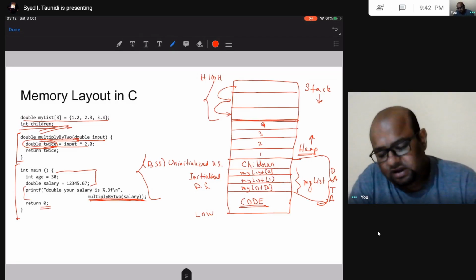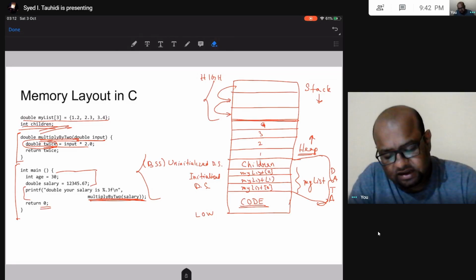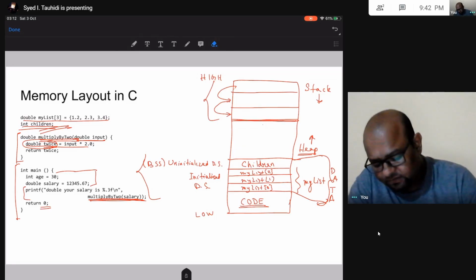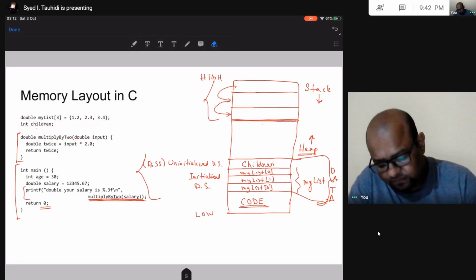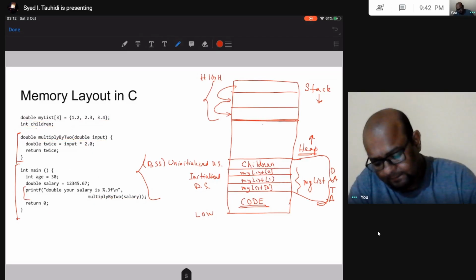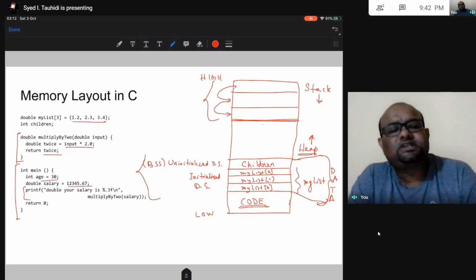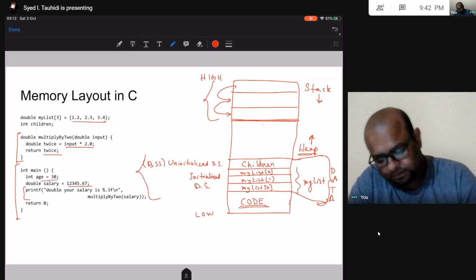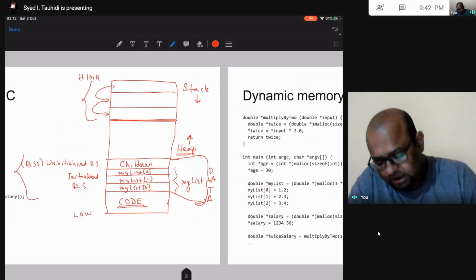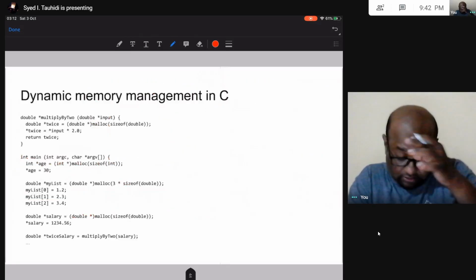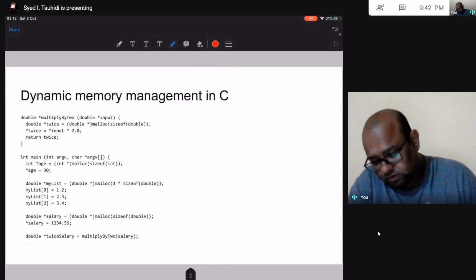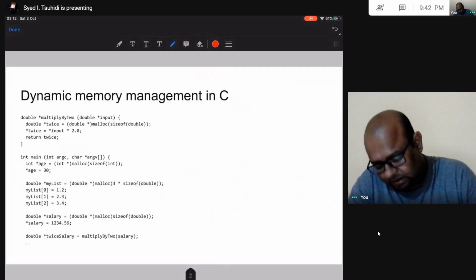Now let us go ahead and create this program itself. But instead of keeping all this data structure and all these things in stack, we are going to keep these things in heap. We are going to allocate memory for this in heap. This is what the program looks like. So let us start by executing main.